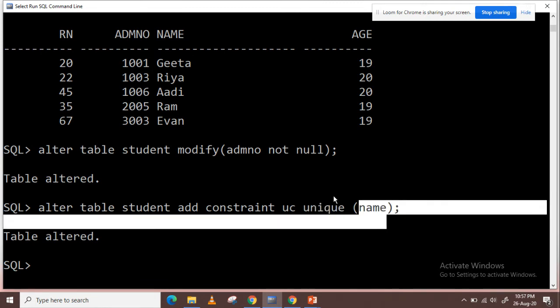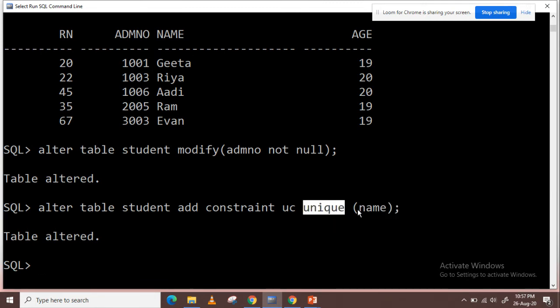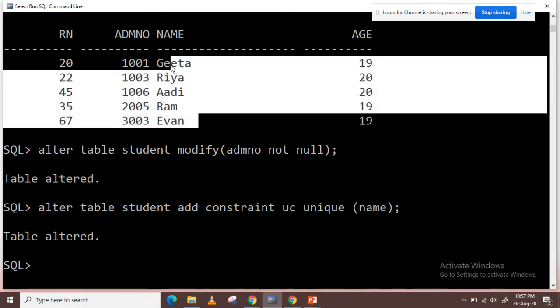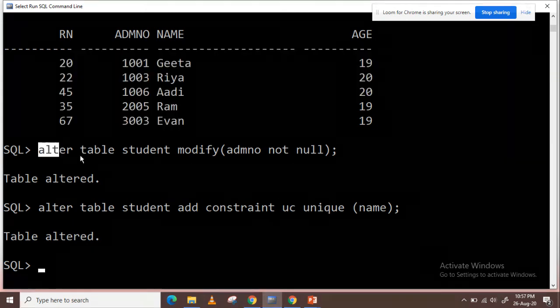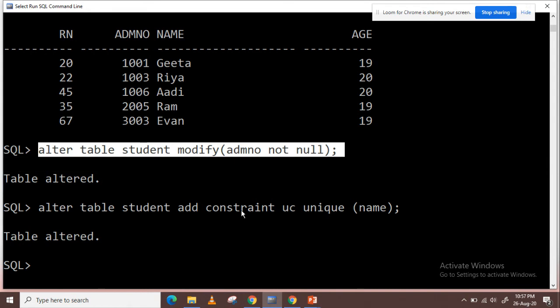So to add any new constraint, the existing rows must fulfill the constraint first. Only then can we apply the constraint to newly inserted rows. Firstly, the existing rows should fulfill that constraint. Clear?